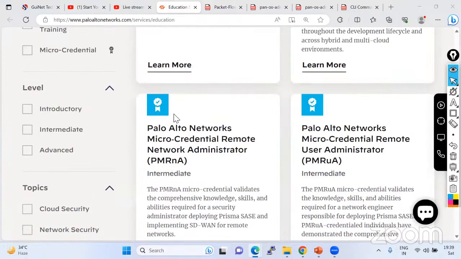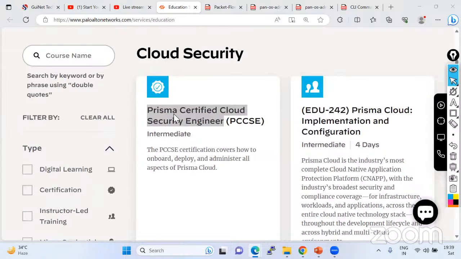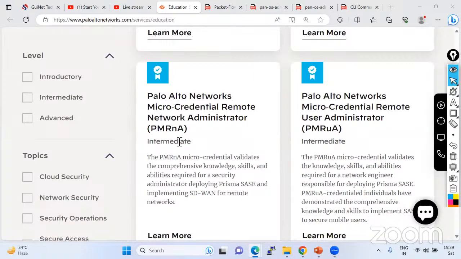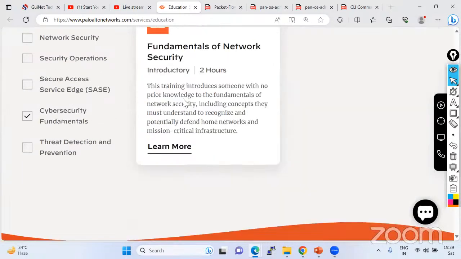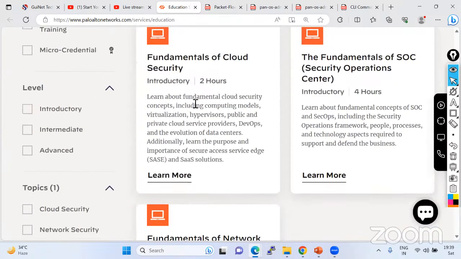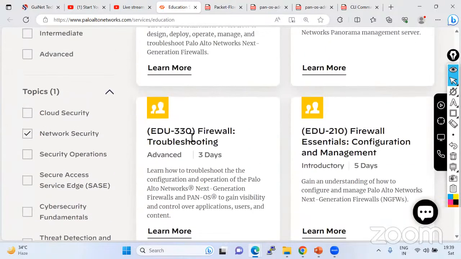In Palo Alto official certification, we have a lot of certifications. It is related to Prisma, that is part of cloud security. It is related to cyber security. You can see we'll find cyber security also. These are cyber security fundamentals, SASE solutions. Also, most important, which we are going to cover, is network security. So if someone asks what is cloud security, what is network security, and what is cyber security, to understand all three frameworks,